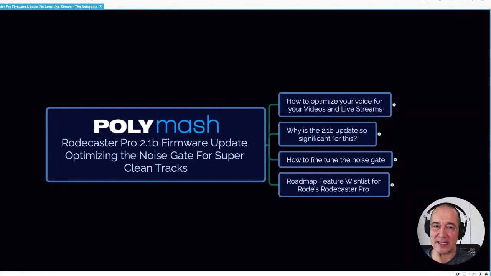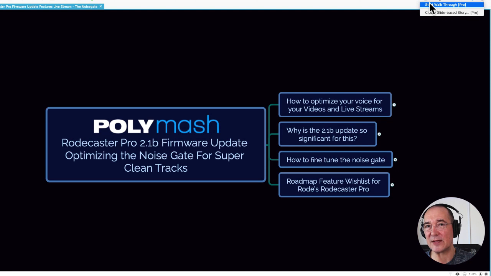All right, so the Rodecaster Pro release introduced some really cool features, and not the least of it, this ability to basically manage and edit effects on the unit. And that means that we can now, for the first time, really start to optimize this mixing console and tweak it for our podcasts, for live streams, and so forth. And I wanted to revisit why that's important, and today focus on how to fine-tune the noise gate and get the most out of that, because that's for live